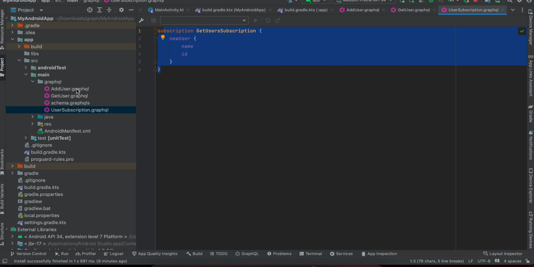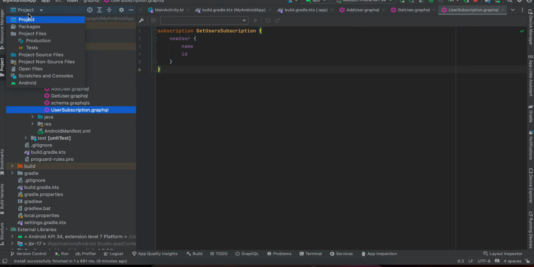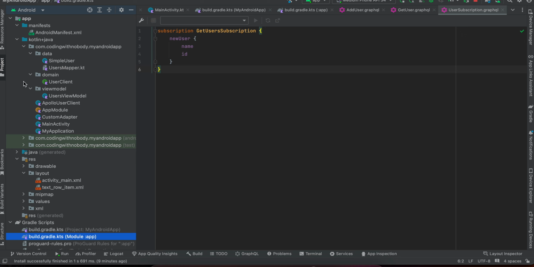Once you add these 3 GraphQL files, you will have to click on this build, otherwise the code generation and intelligence would not be generated for you. So better you do this now, as soon as you add your GraphQL files. Once you do that, I'll again go back to my Android drop down, and first